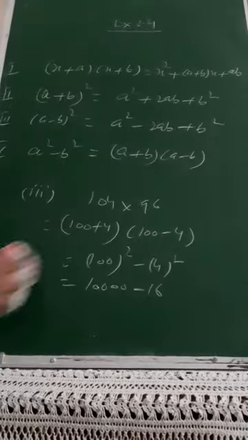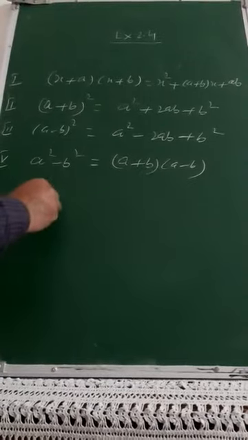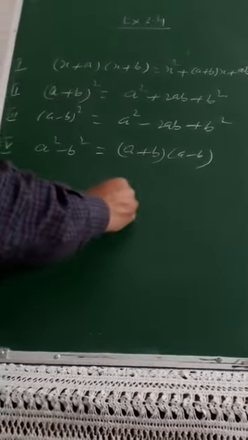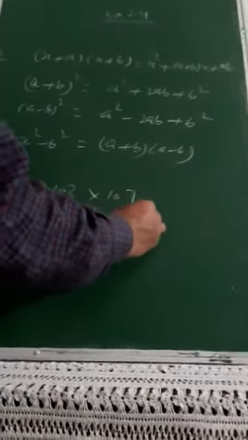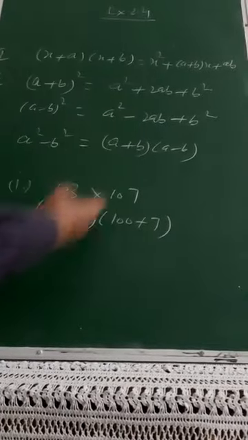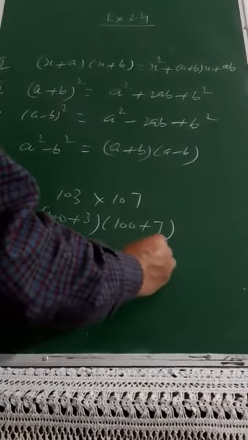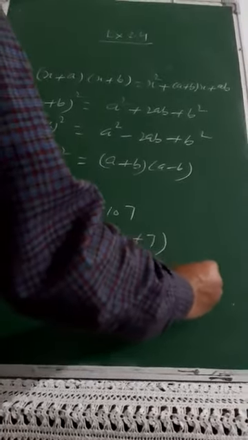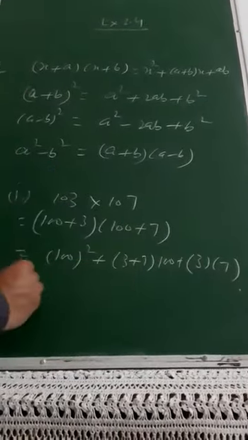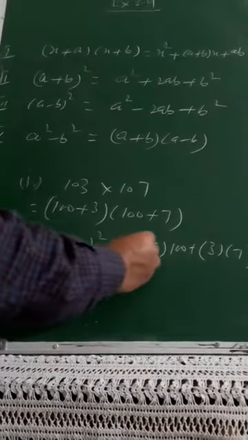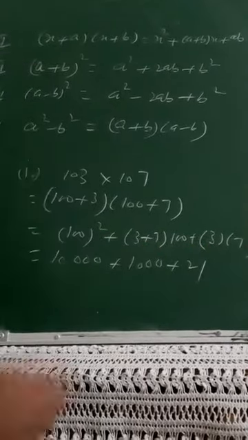Like first part of the same you can see here is again 103 into 107. So first part 103 into 107 means 100 plus 3 into 100 plus 7. Now we are back to this x plus a into x plus b. So that is equal to what? 100 square plus 3 plus 7 into 100 plus 3 into 7. X square plus a plus b into x plus a into b. So this is now 10,000. 3 plus 7, 10 into 100 will make it 1000. And 3 sevens are 21. You add this and write the answer.